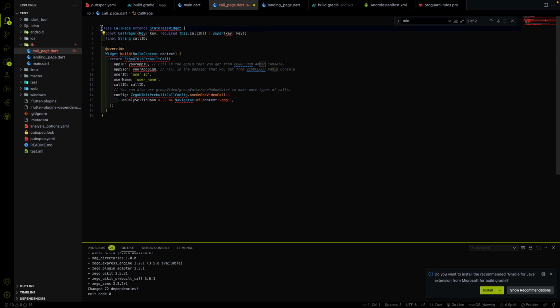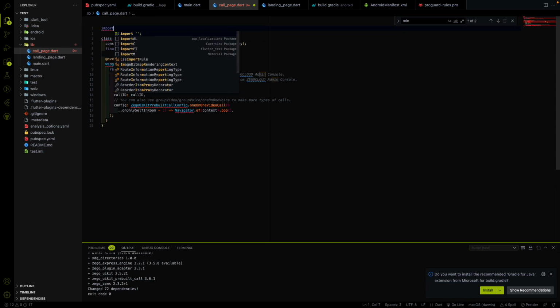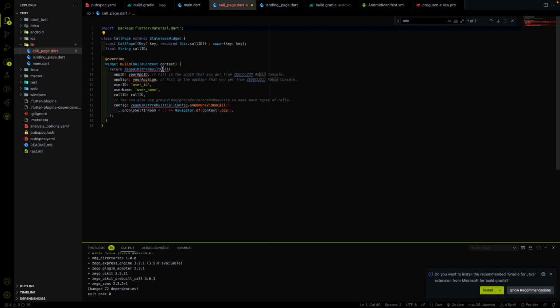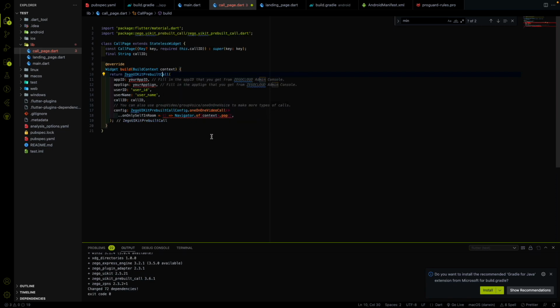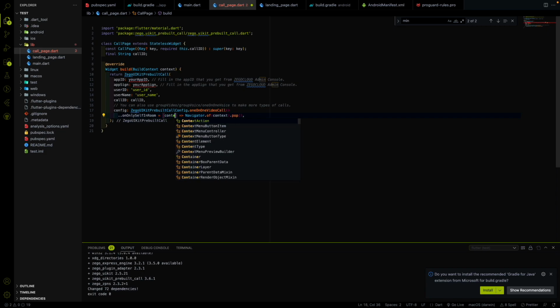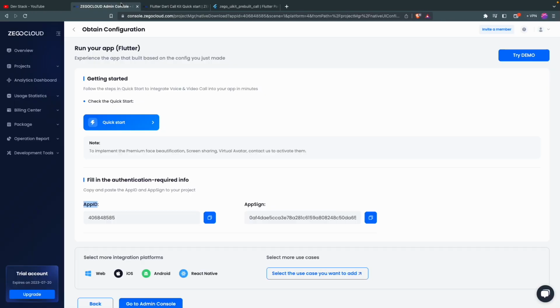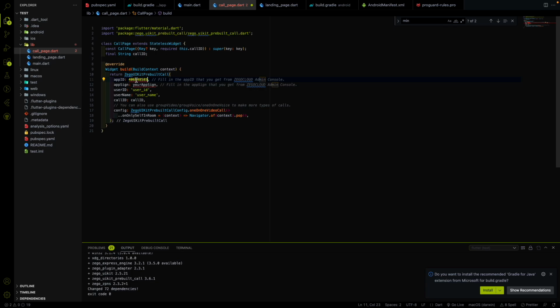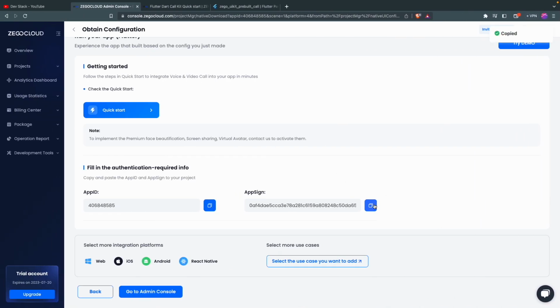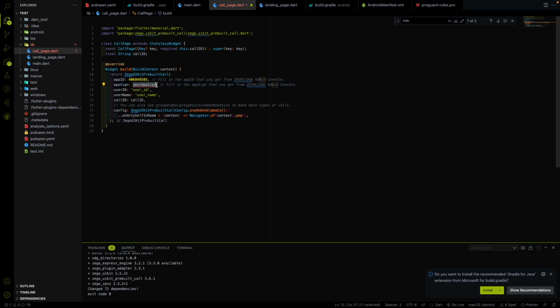I will import our material.dart package over here, and we need to import a ZegoCloud package also. Okay, and what are the things we need here, I will just explain to you, but let me fix this error. It will require a context, and what we will need is an app id and app sign. Remember I told you that please keep this thing handy, the app id, which is required to interact with the ZegoCloud, and also we will need an app sign, so let me copy and paste the app sign. Okay,